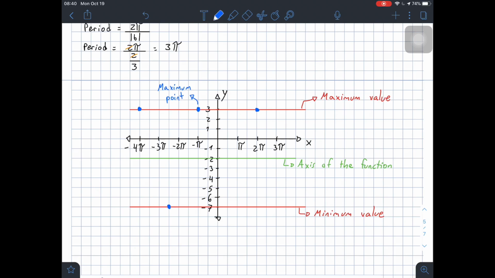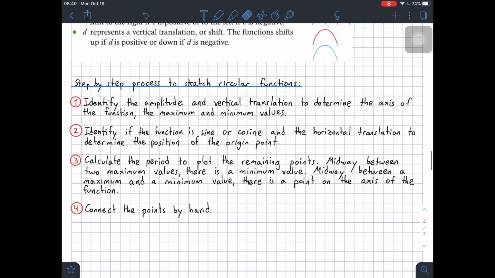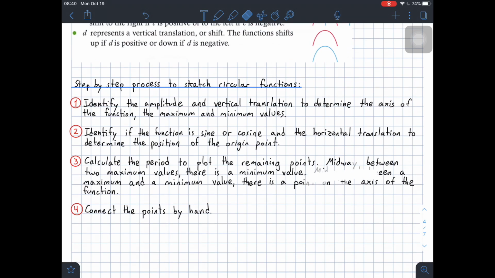And same thing here, right? 1, 2, 3. This is the midpoint. So midway, we have this minimum value right here. Okay, sorry. There you go. And then it says, for the second part of step number 3,